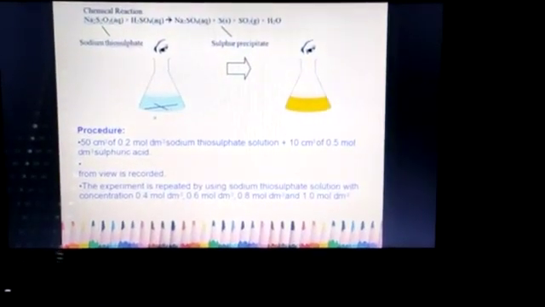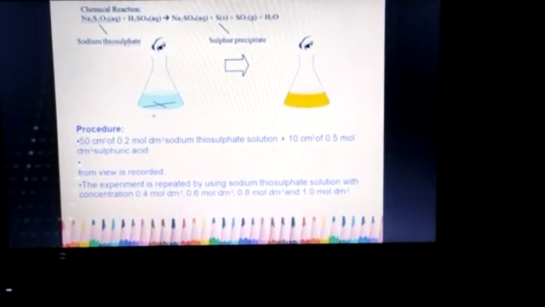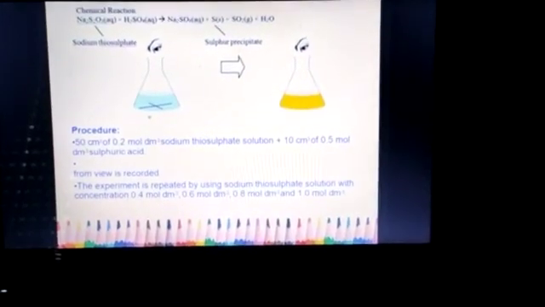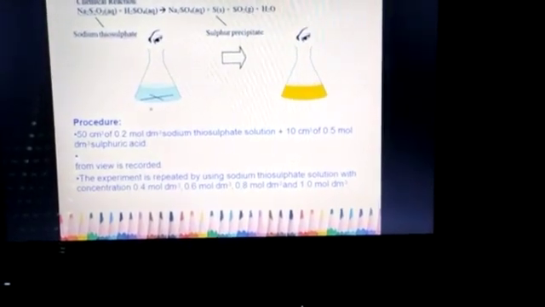The time is recorded. The experiment is repeated by using sodium thiosulfate solution with concentration 0.4 mol/dm³, 0.6 mol/dm³, 0.8 mol/dm³, and 1 mol/dm³. The conclusion: the graph of the concentration of sodium thiosulfate against the time taken for the sulfur precipitate to form is plotted. As the concentration of sodium thiosulfate solution decreases,